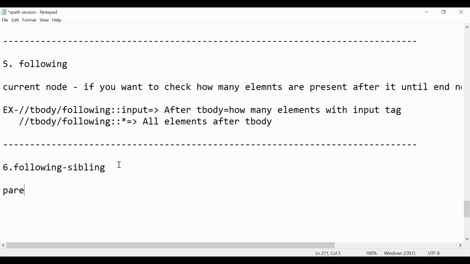If there is a parent A which has 3 children, let's say the children are X, Y, Z. All these X, Y and Z are called siblings, right?